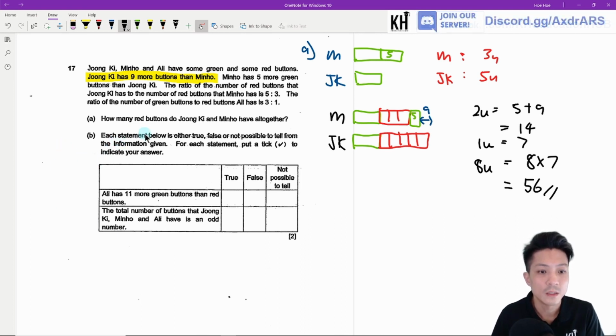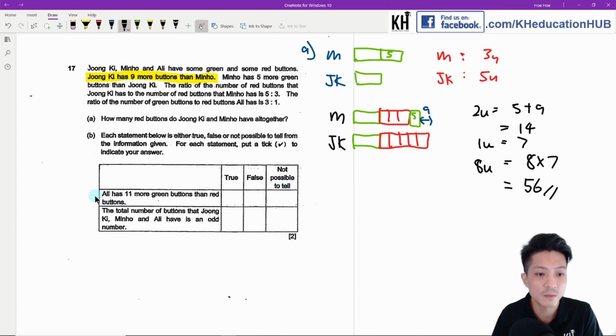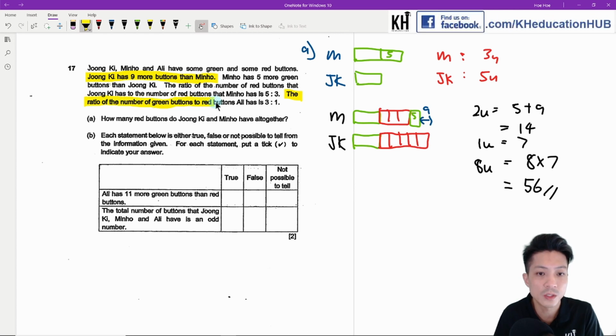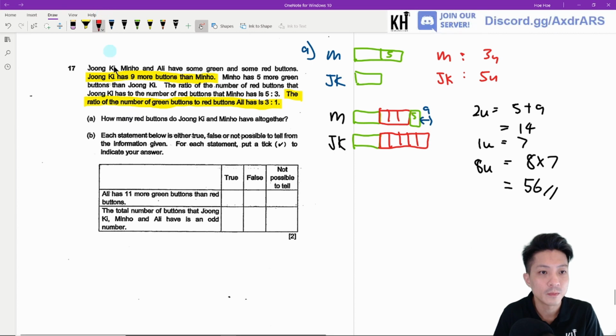Okay, for part B, each statement below is either true, false, or not possible to tell. From the information given for each statement, we're gonna decide which is which. Okay, so the first statement says that Ali has 11 more green buttons than red buttons. Let us take a look at the sentence regarding Ali. The ratio of the number of green buttons to red buttons Ali has is 3:1. Okay, if Ali has 11 more green buttons than red,